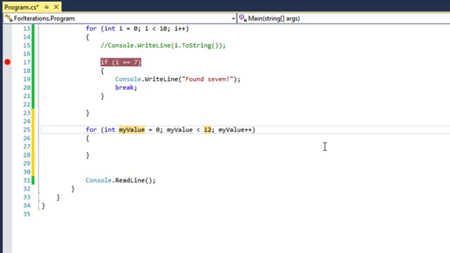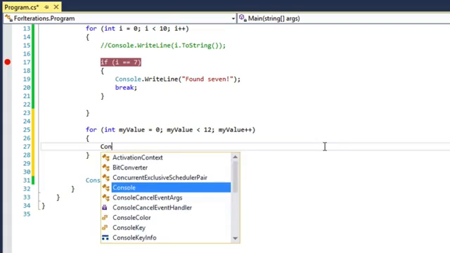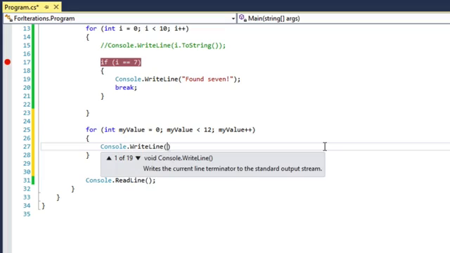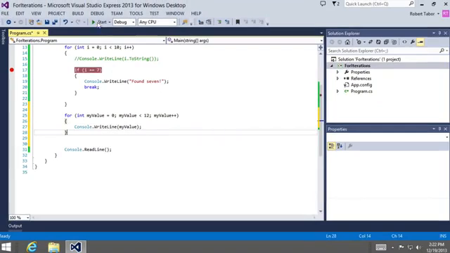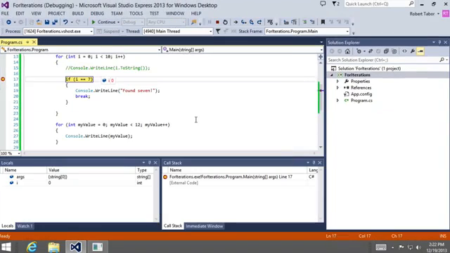And then when I'm finished, I'll hit the enter key on my keyboard to move inside of the curly braces to the first line of code where I can begin typing the code that I want to create. So in this case, Console.WriteLine(myValue),